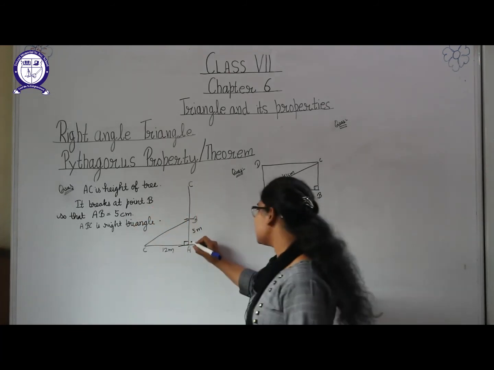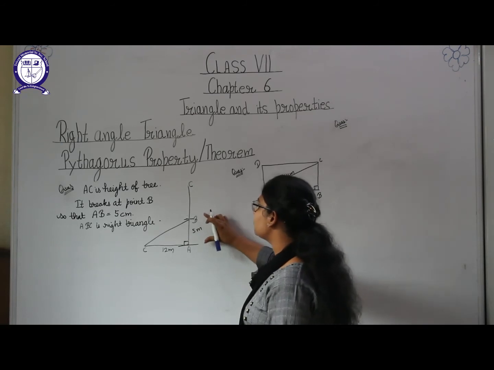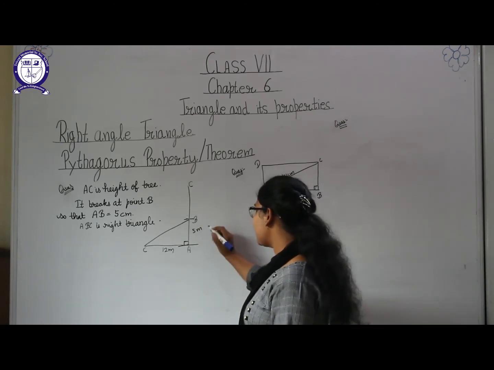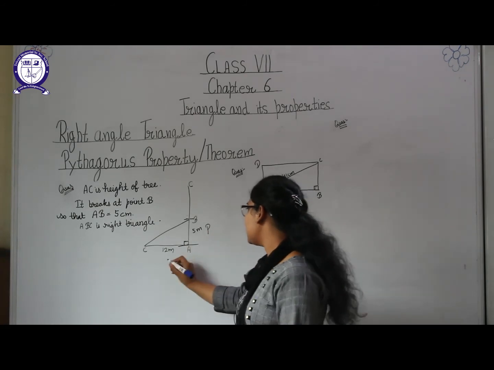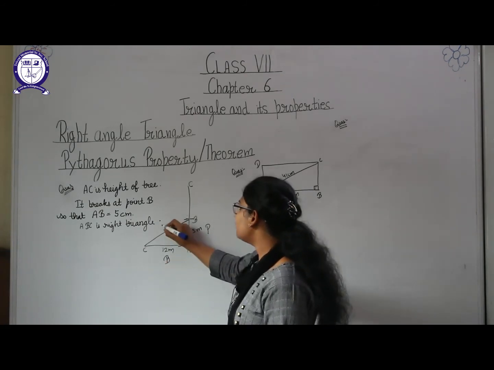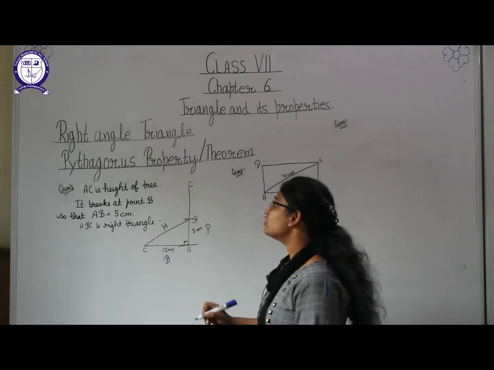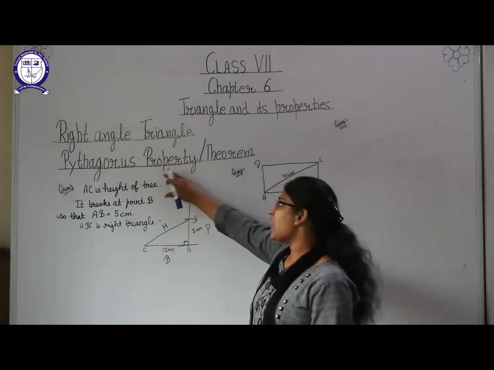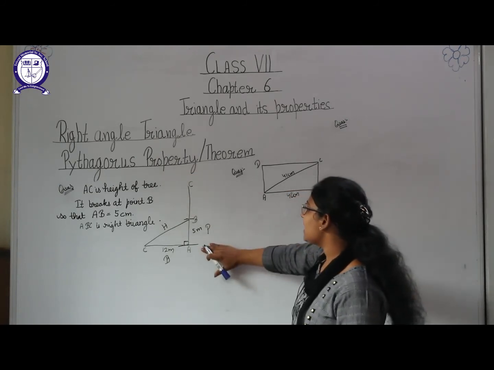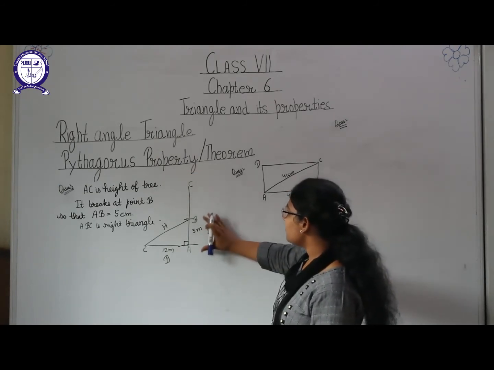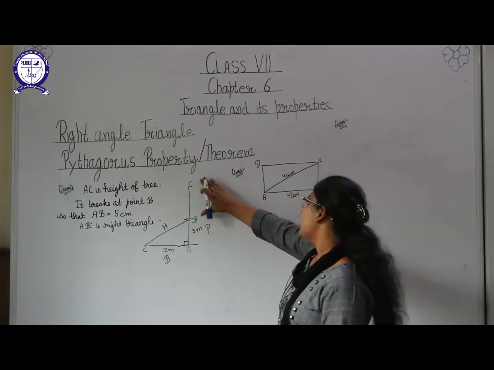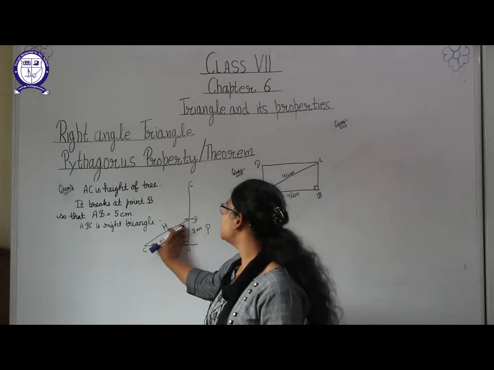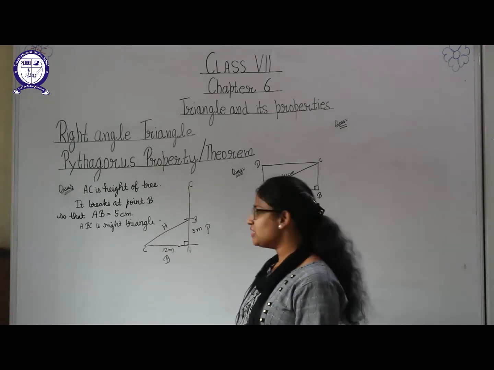Now here A is 90 degree. This is AB, which we know is 5 meter. So here perpendicular is this, base is this, and we need to find out the hypotenuse, because what we need to find out is the height of the tree, and the height of the tree is this whole AC, and here AC means AB plus BC, and here BC is this side. So first we will find out BC, and BC is the hypotenuse here.